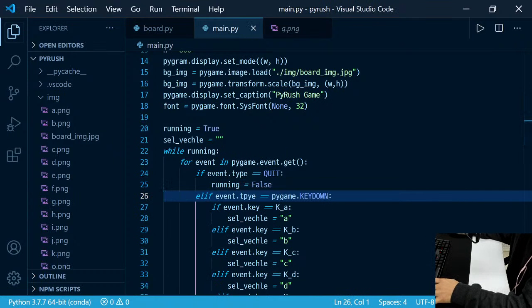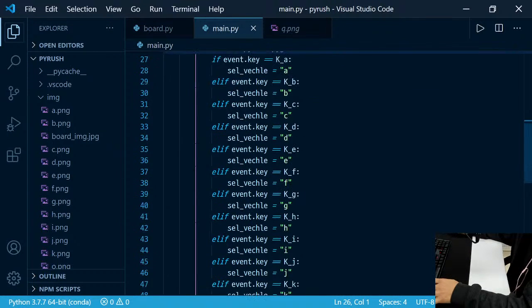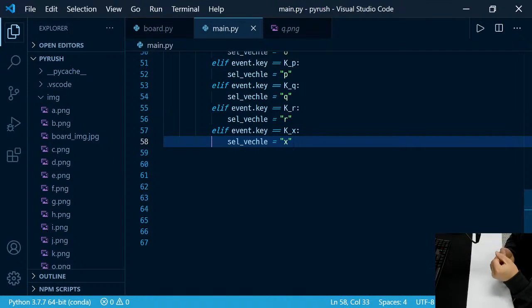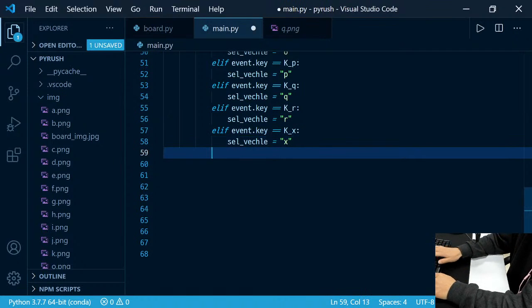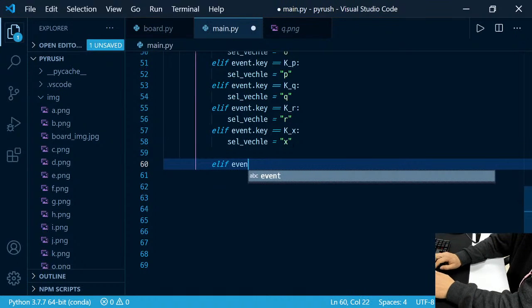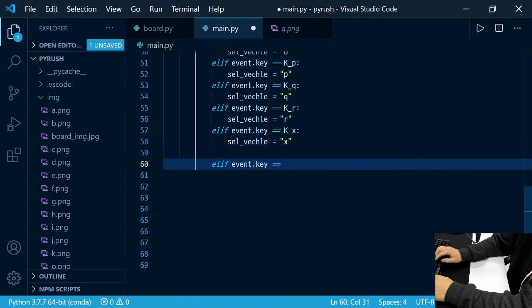Okay, so after that, you need to select which direction you want to move to. And then, so elif event key is equal to